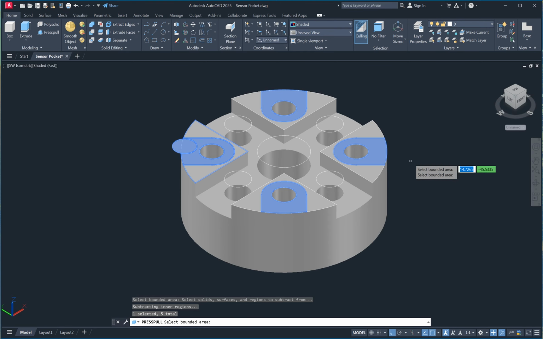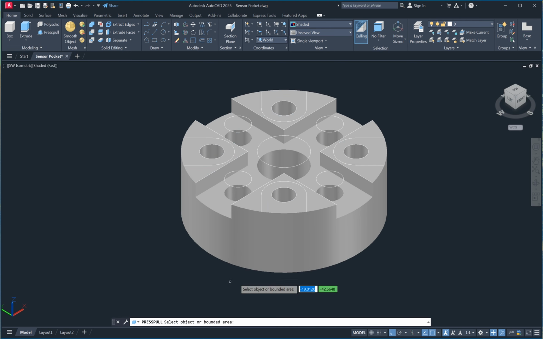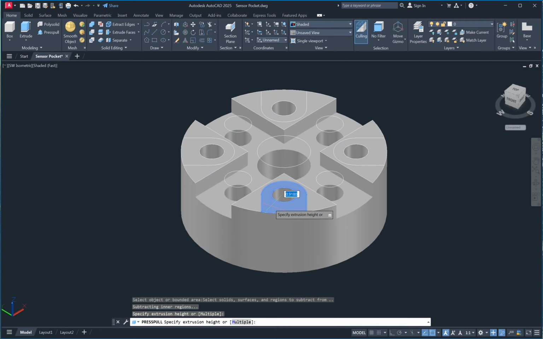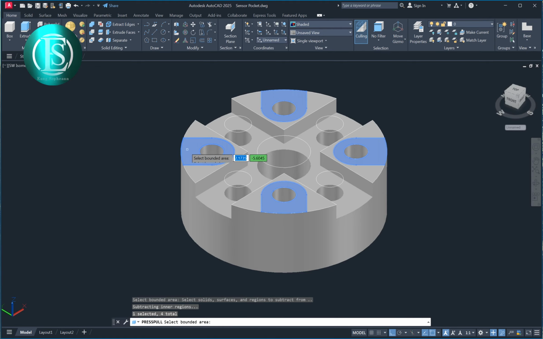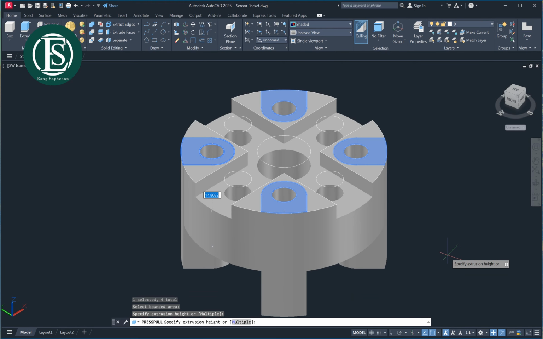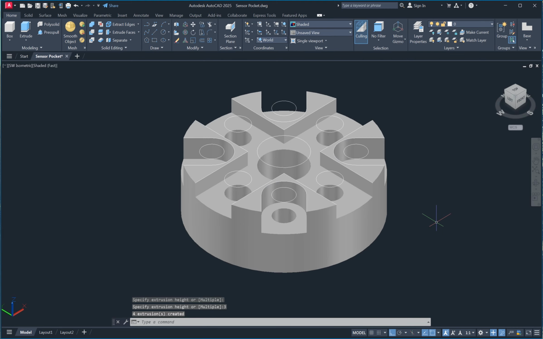I have this one. Again boundary area, multi, boundary area, enter, 3 mm, like it. Now we get like this.